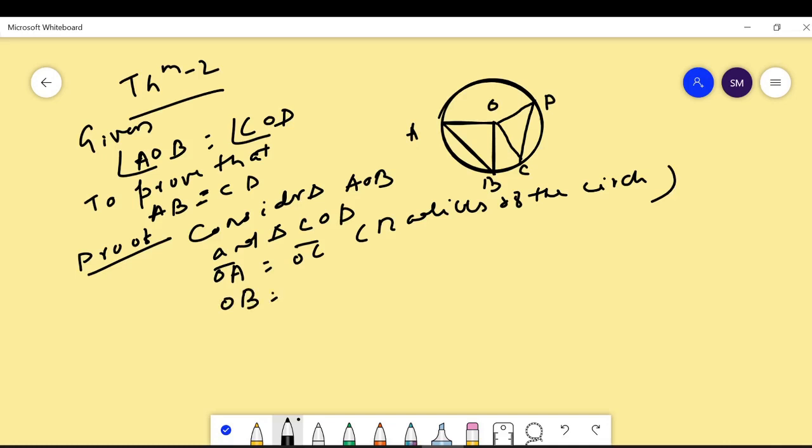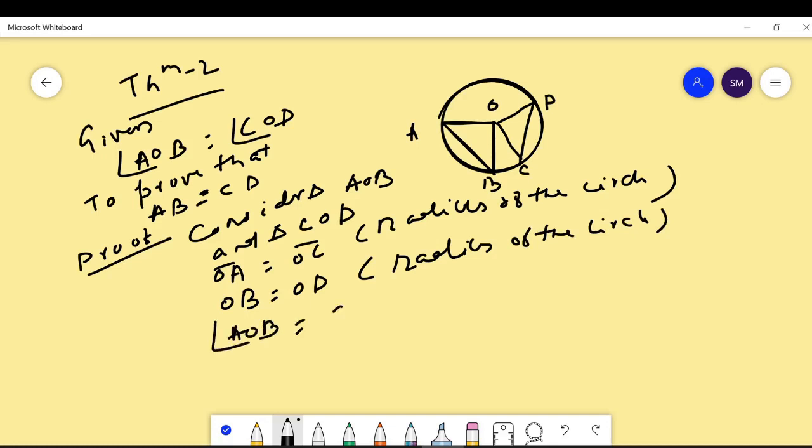And OB is also equal to OD because of the same radius of the circle. And the given condition is angle AOB is equal to angle COD. This angle is equal to this angle, given here. Then by side angle side, SAS,